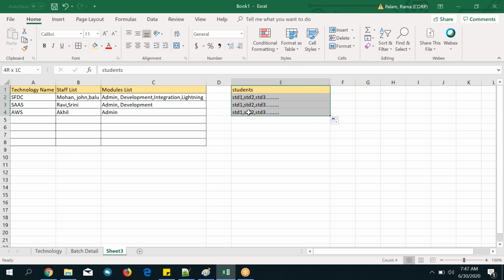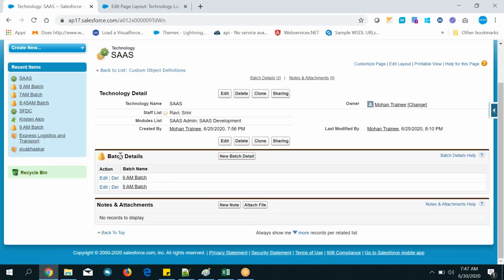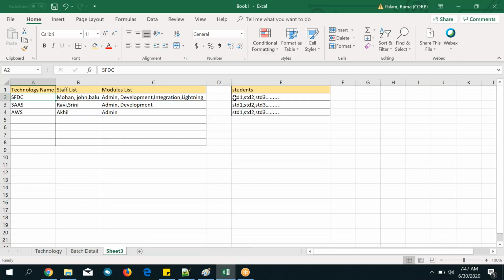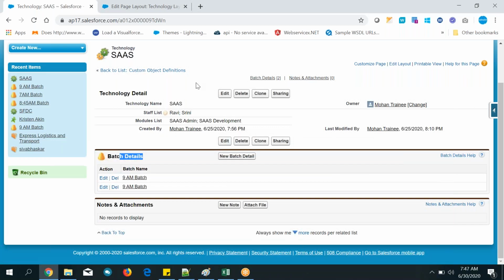They want to know how many students are there for each technology. They already know how many current batches are there for one technology, and in the same way, they want to know how many students are there for each technology.